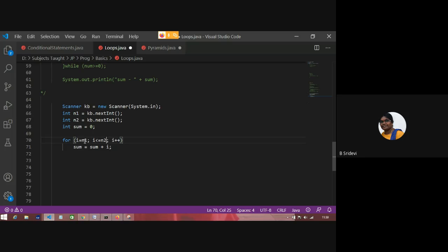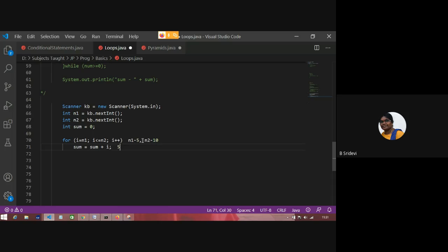Is it true? Suppose n1 is 5, n2 10 anukondi. First 5, sum is equal to 5 less than or equal to 10, so I'll go inside. Sum is equal to sum plus 5. So sum is equal to 5 in the first.